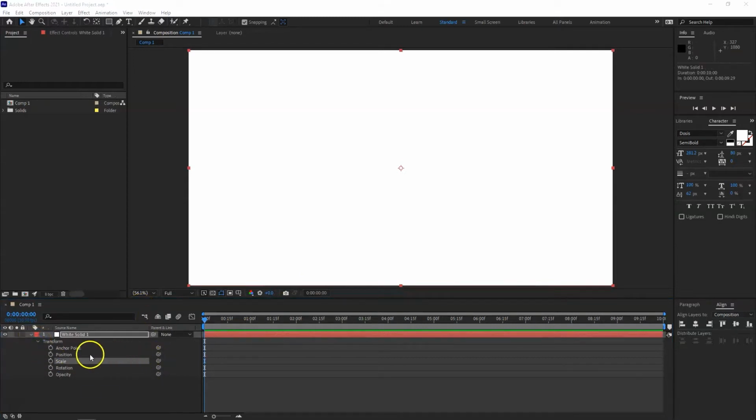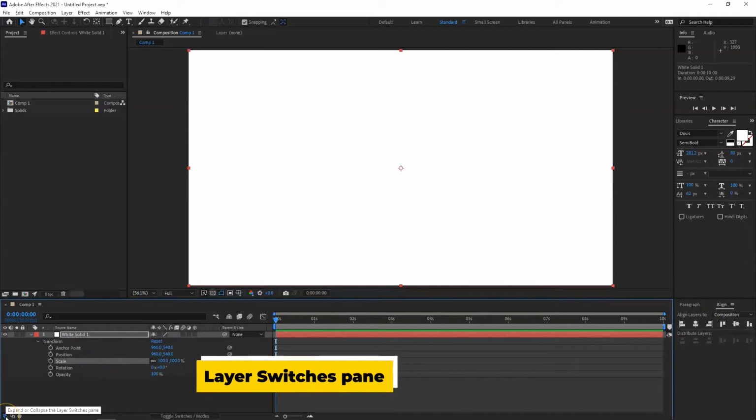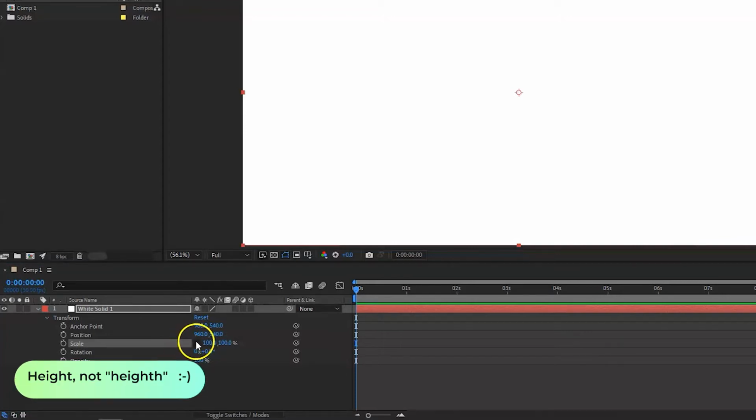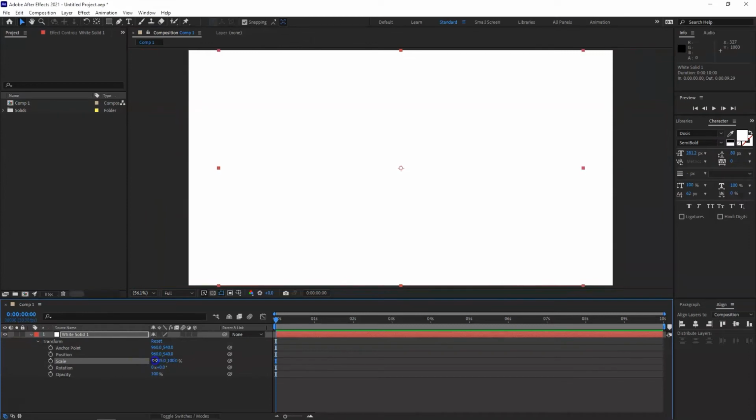In case you don't see the other menus, just make sure that you have selected these layer switches and just simply unlink the scale. This means we can adjust the scale, i.e. the width and the height independently of each other. Okay, so what I am going to do now is I'm going to just decrease it